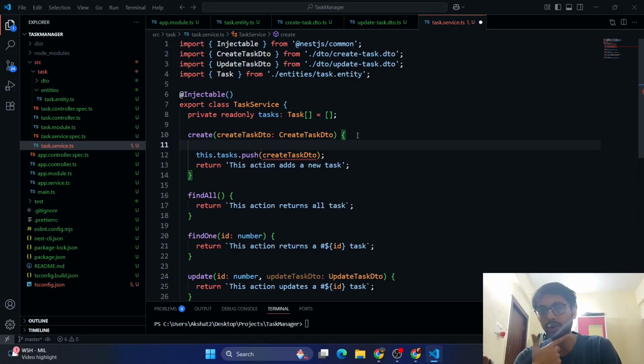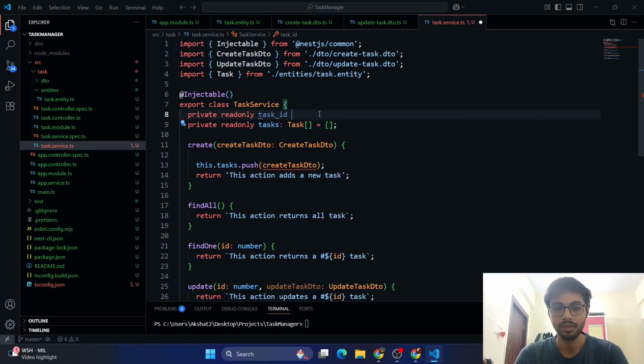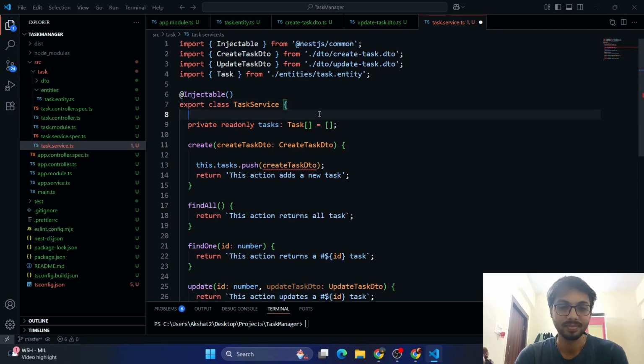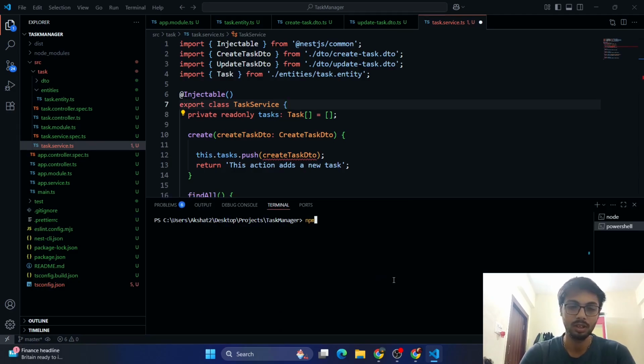We create two things, the ID, and so I'll just create a private readonly task ID, which initially can be one. Yes. No, it isn't a string. We can just create a new UUID here. We don't need to do this much. Yeah. So let's install this